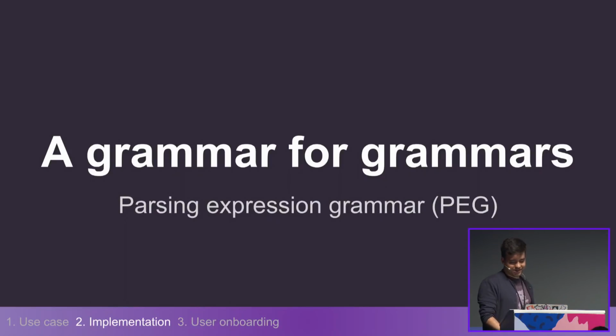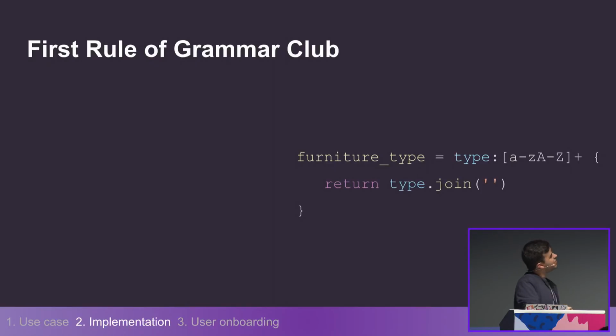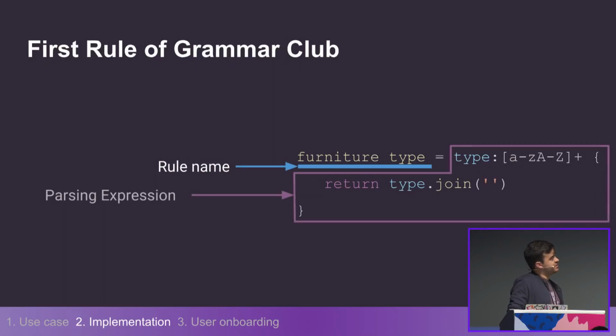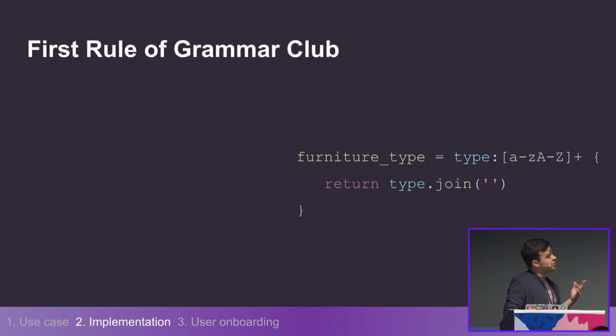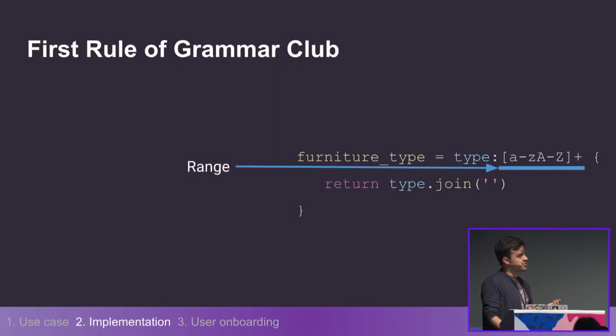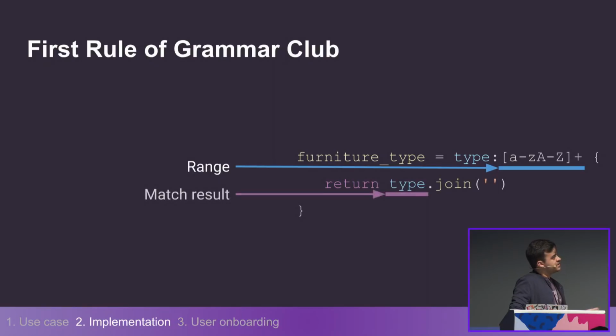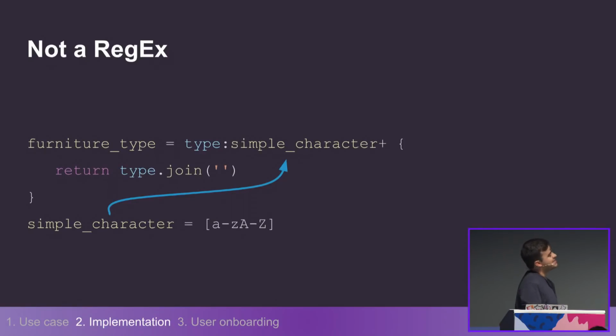So how does that work in practice? Because it seems a bit hard now. So that's a grammar rule. A grammar rule is made of first the name of the rule, and then your parsing expression. So your parsing expression will define the input you want to match and the output you want to return from that match. And so here for our furniture type rule, I'm matching a range of characters, repeating any number of times. And then I'm using that match result, which will be an array of characters, to return the full string of the furniture type. And so it looks a lot like a regular expression, right? Yes, but